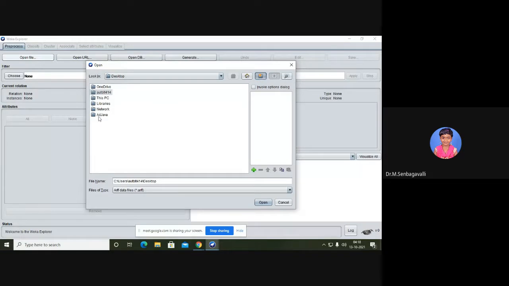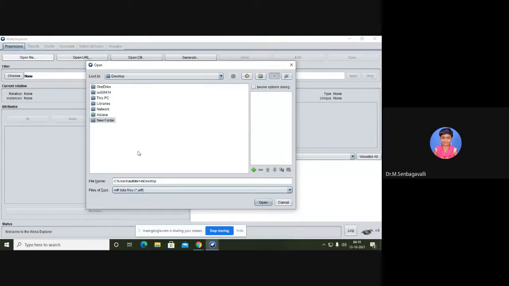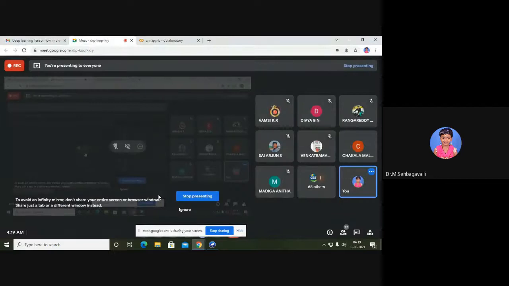I'm just searching for that. Once again, I'm not getting that open source file.